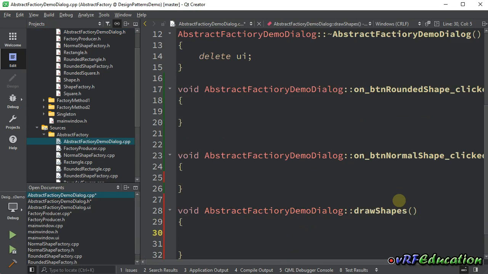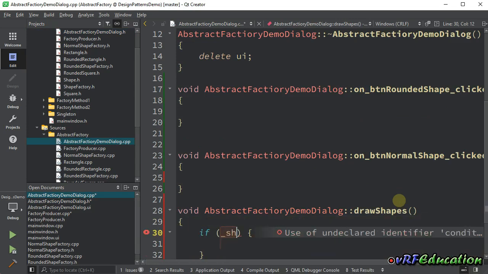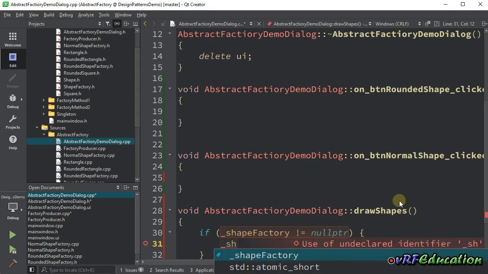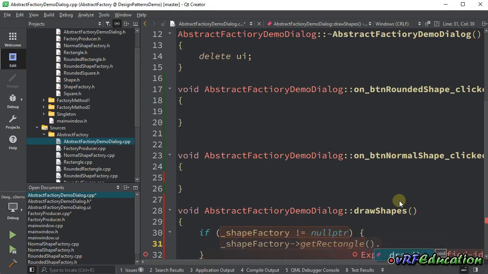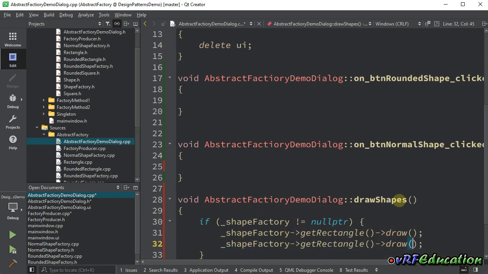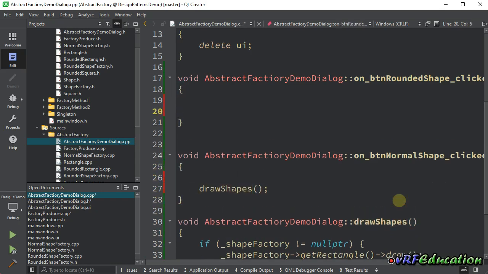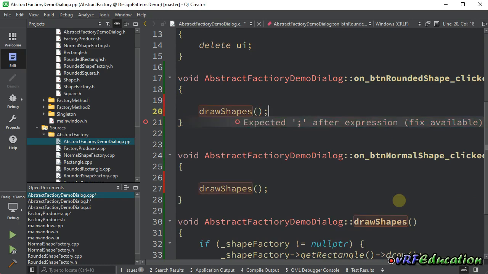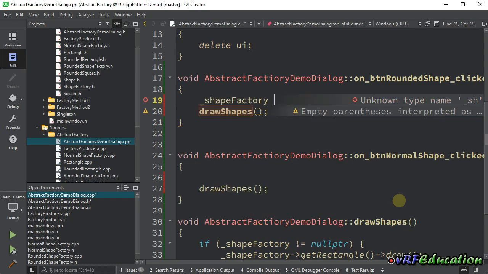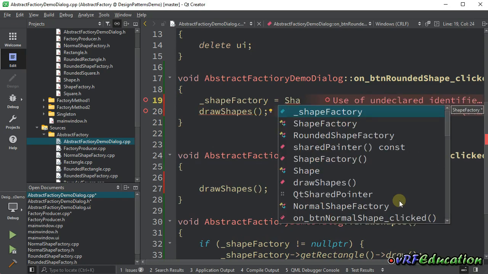And here I'm gonna say if underline shape factory is something rather than nullptr, okay, go ahead and call the method inside it, get rectangle, and then call the draw method, and after that duplicate it and call the square. So this is it. And then inside these two buttons I'm gonna call this function, but before that I'm gonna say underline shape factory equals to shape factory,